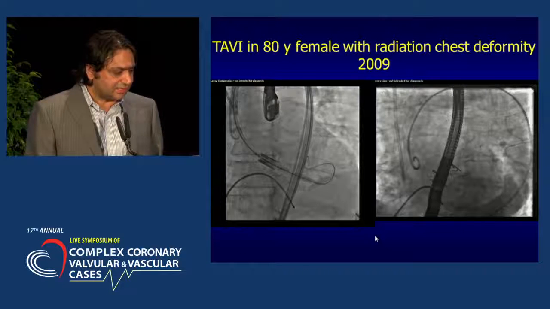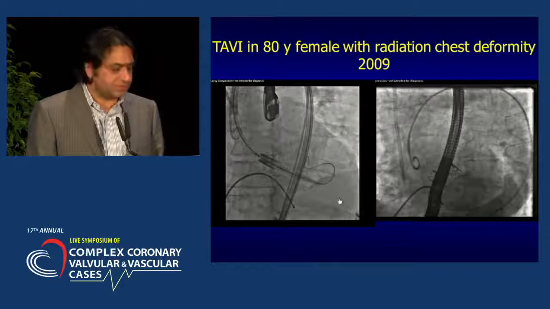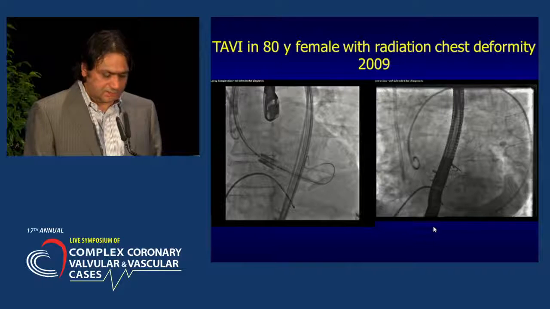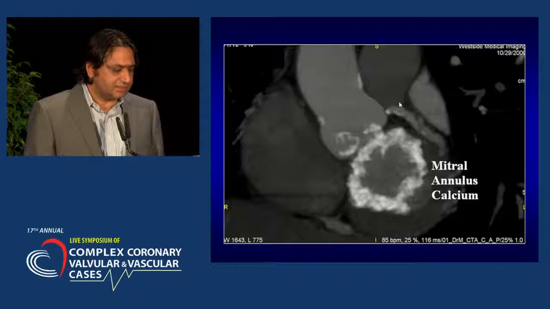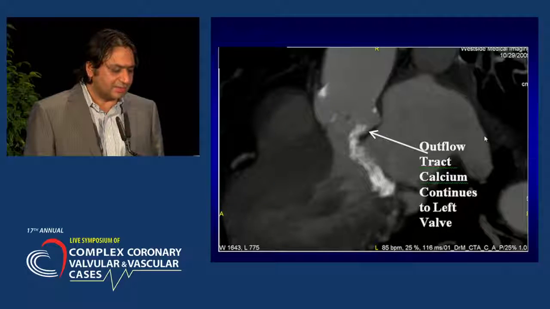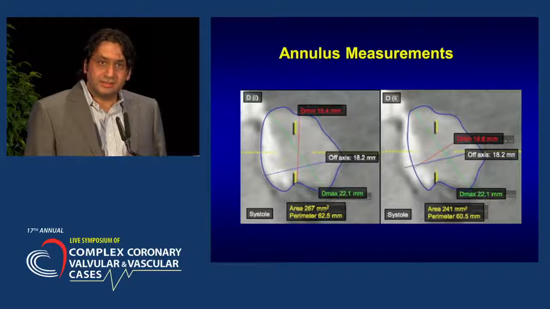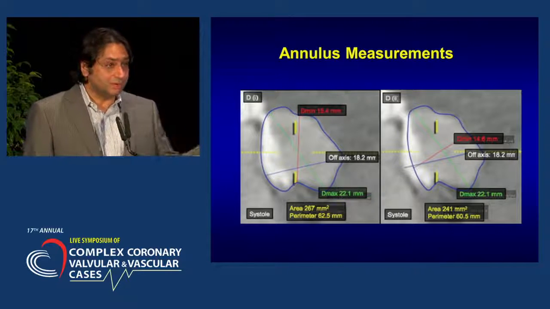You can go to the other side of the spectrum. Here is a patient, the movie doesn't play, but this particular patient had an aortic root rupture. We did this case in 2009, and in fact, what we found when we went back and looked at the CT was, look at the mitral annular calcium here, okay? And this is contiguous with the aortic calcium, and look at the calcium coming into the LVOT. So no wonder, even though we used a 23 millimeter valve in the days when we didn't know better, a few years ago,